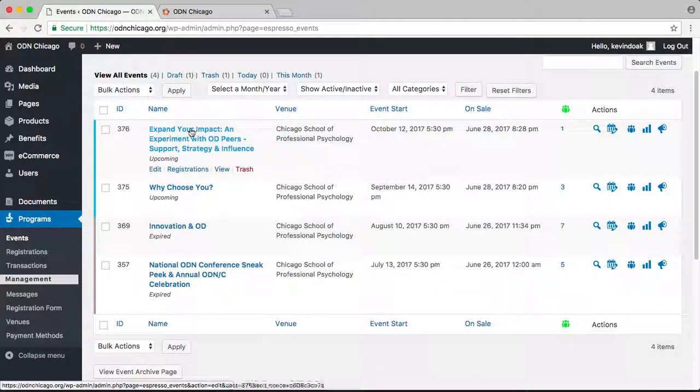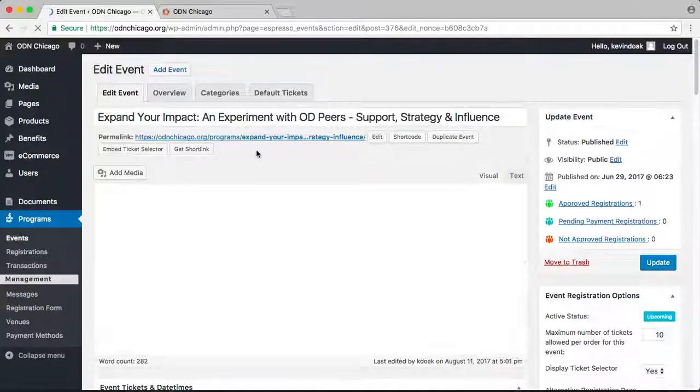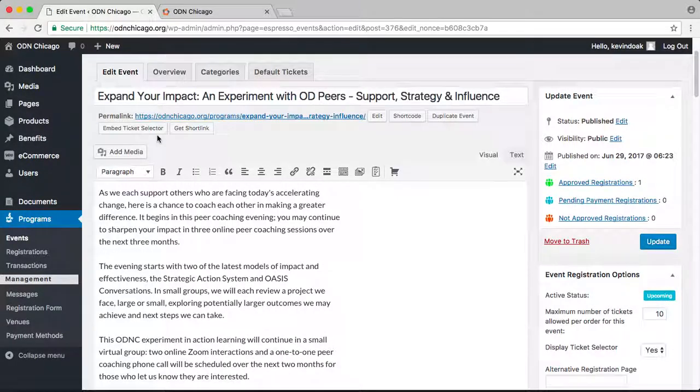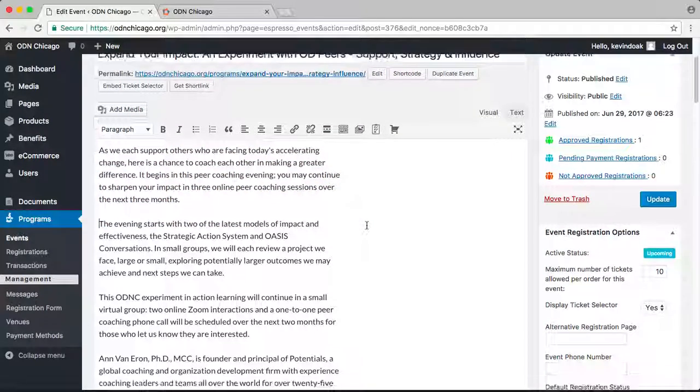And for example, we can either edit one of these events or create a new one up top with this add new event. This one we've given a title, expand your impact. This is a permalink. This is the URL to the event itself. In the body, naturally the description of the event,